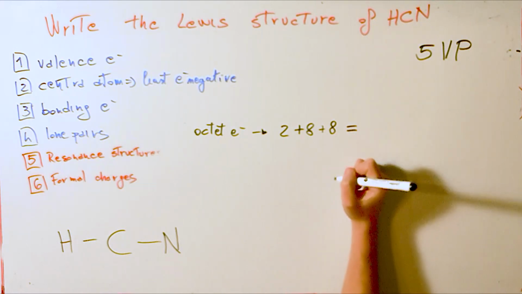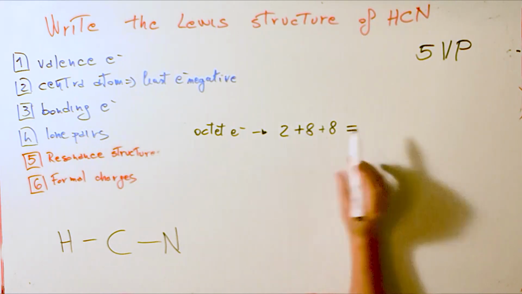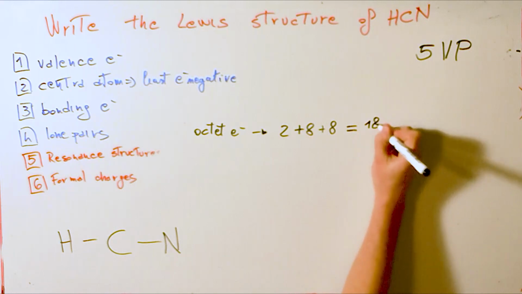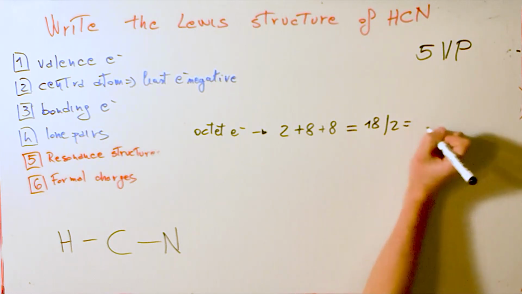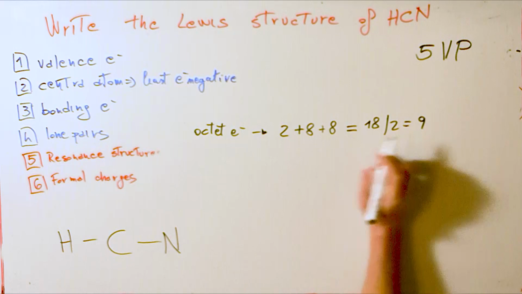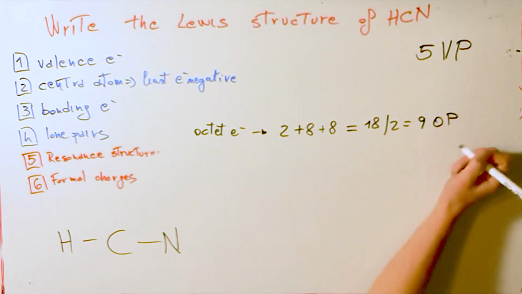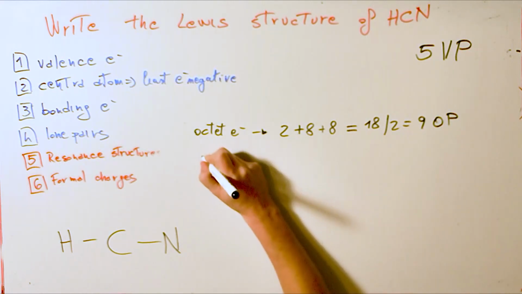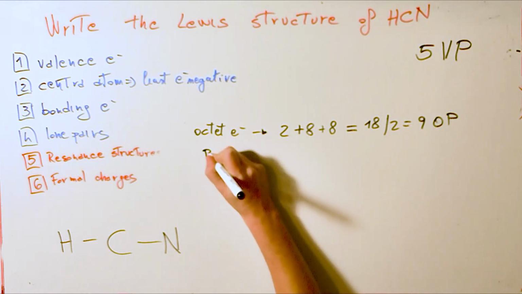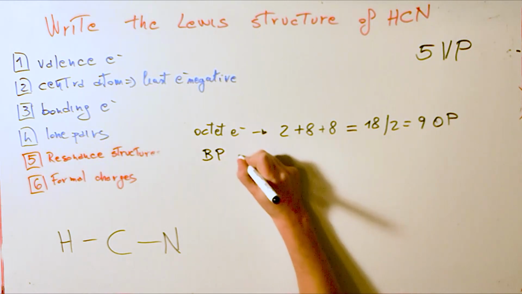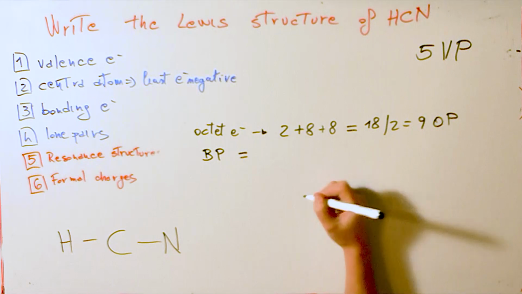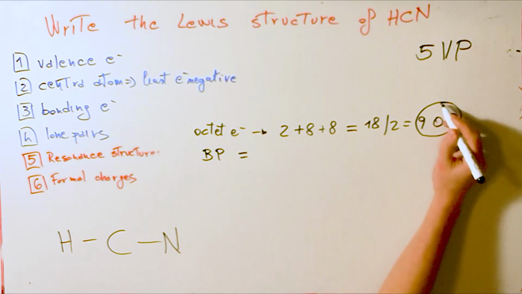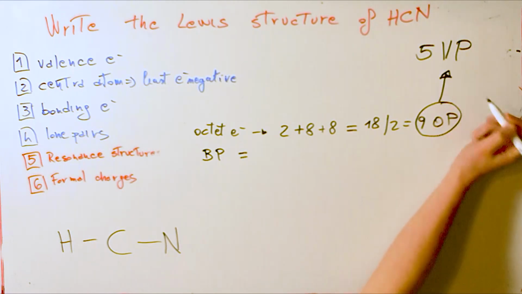Let's sum everything up, and the total will be 18. 18 divided by 2 is equal to 9 octet pairs of electrons, OP. So the bonding pairs of electrons, BP, will be equal to the difference between this and this,